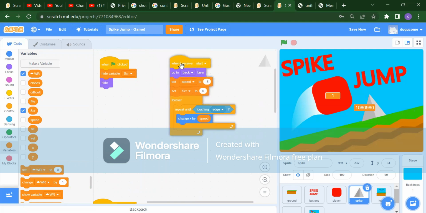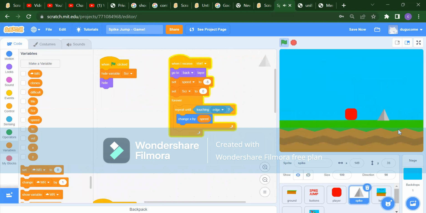But when we receive start, we have to go to the back layer for the spike. We have to set a speed, set your score. In the forever, we need to repeat until your spike touches any edge, and we have to change our x by the speed like this. As you can see,